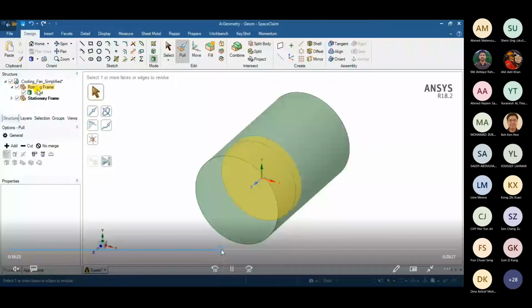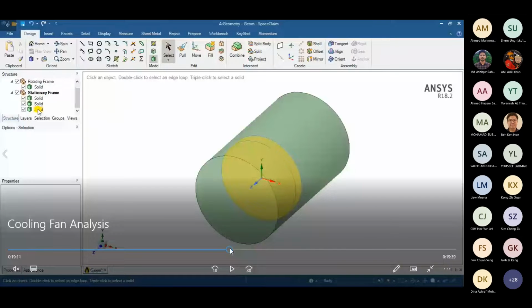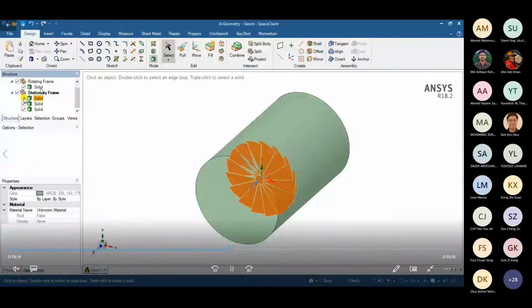As you can see here, I've created 3 parts in the stationary frame, because it was a solid, and now the intersecting parts are differentiated into each part. Those parts will be deleted, because we already have a rotating frame. We don't need the part in our stationary frame. We need only the part where the stationary frame is connecting with the rotating frame vacancy. So that's why I will be deleting these 2 components.